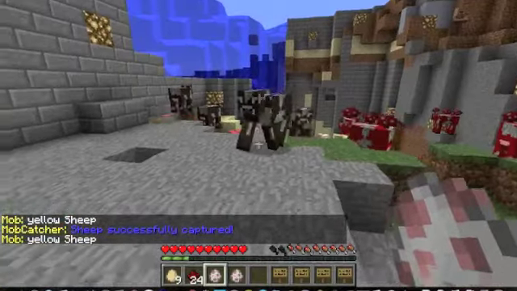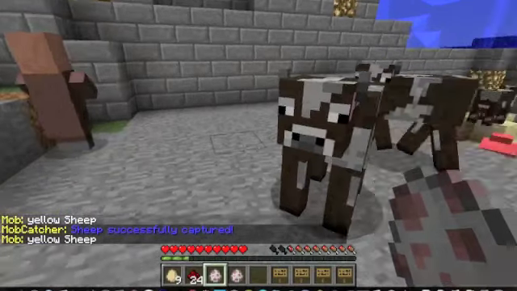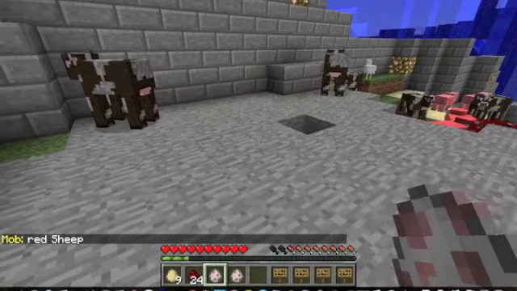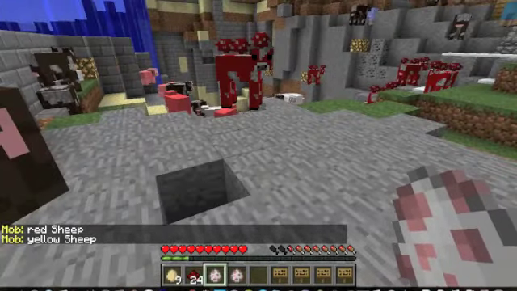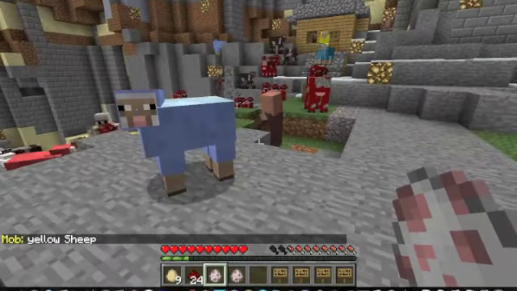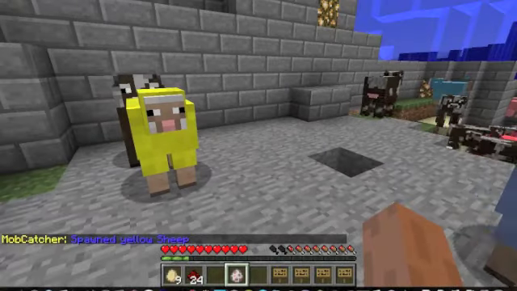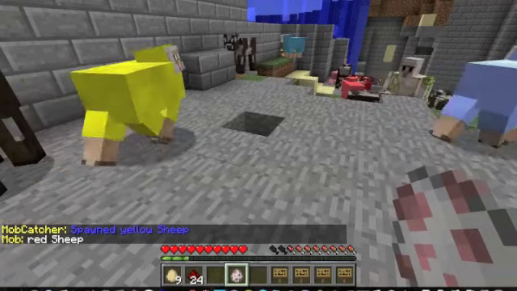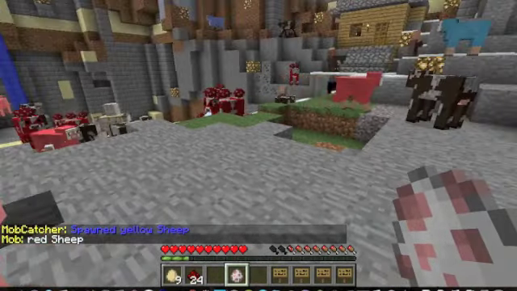So whenever I mouse over or scroll over, I suppose, it's going to tell me what is specifically in this egg. So in this instance, the color of the sheep. If it's an adult, it's not going to specify, and if it's not sheared, it's not going to specify. But it would tell you those things as well. So when I spawn this back, I can know definitively that the next one is going to be a red sheep, because it's saved not to the player name anymore, but to this specific egg,